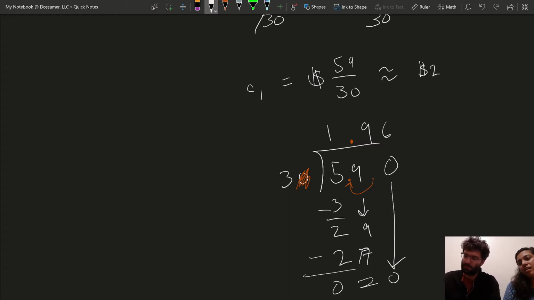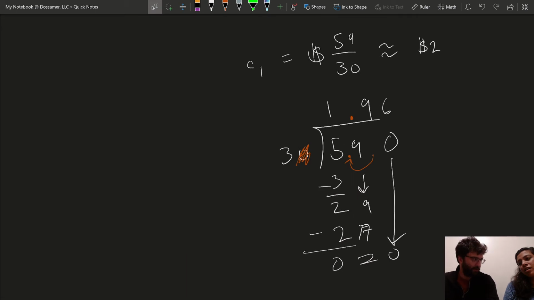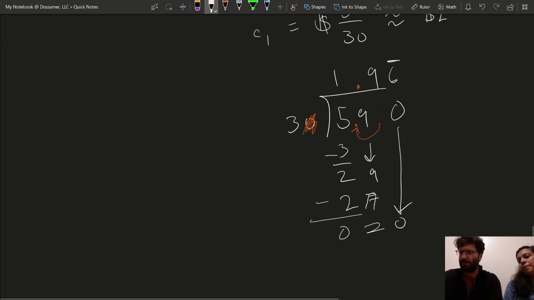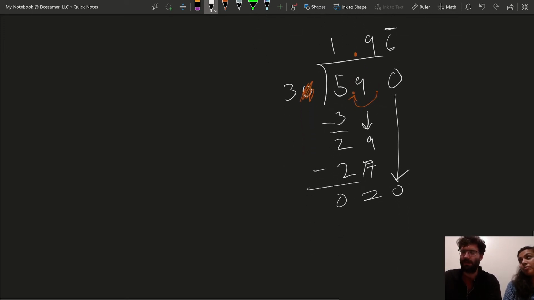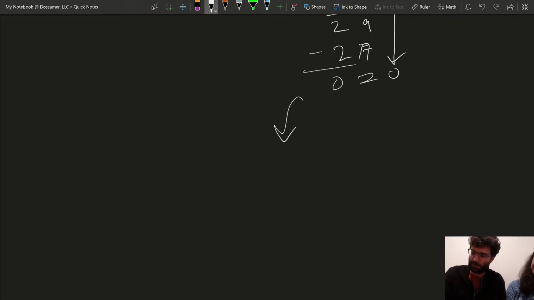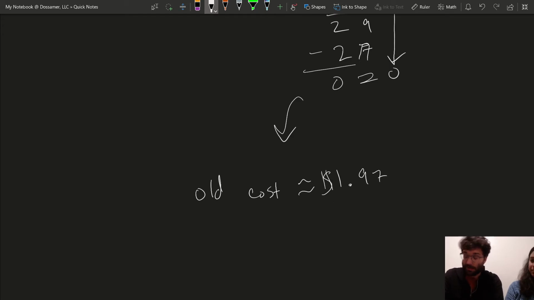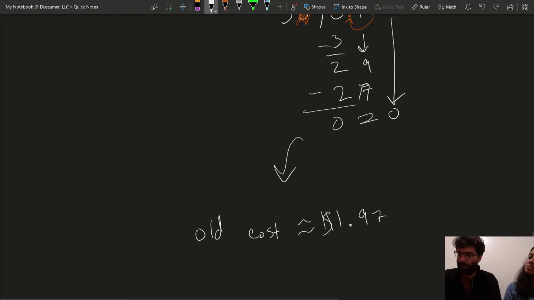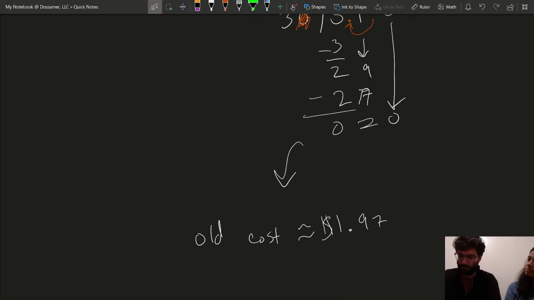27. Oop. Touchscreen being a little funky. 0, 2. So I need to make a placeholder 0. Oh, it's not 95. It's gonna be a 6. Just by looking at this already, 3 never divides nicely into 20. So it's gonna be 6 repeating forever: 6, 6, 6, 6, 6. Which means that for the purposes of getting an answer that's nicely rounded, we can round 666 up to 7 exactly. So not quite $1.95, but we're gonna get in the end the old cost